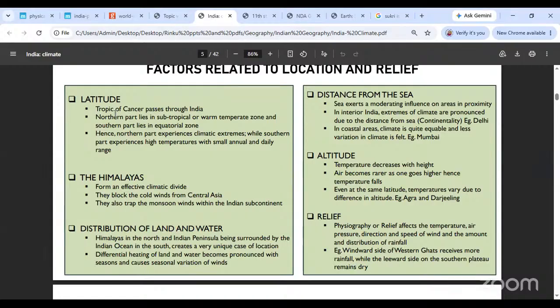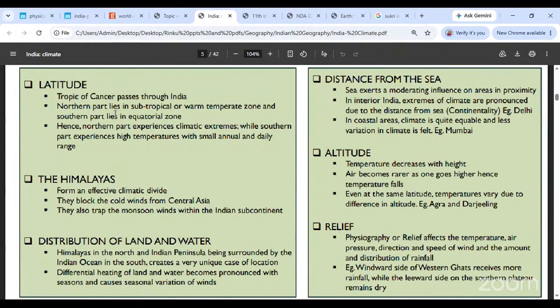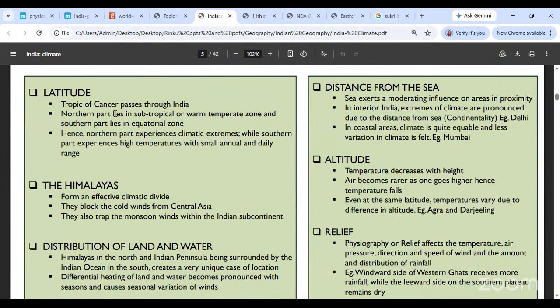Okay. So first of all, latitude. Latitude clearly, Tropic of Cancer पास करता है India में से. Clearly जो northern part है वो Tropic of Cancer के ऊपर lie करता है and जो southern part है वो Tropic of Cancer के नीचे lie करता है. Okay. Now you're saying what is the tropic important for? What does the tropic mark? It is the limit of the overhead sun. Meaning beyond the tropic सबको सन कभी भी overhead 90 डिग्री से नहीं मिलेगा, insolation कभी भी 90 डिग्री से नहीं मिलेगा. तो उसकी वजह से क्या होता है, northern section जो होता है